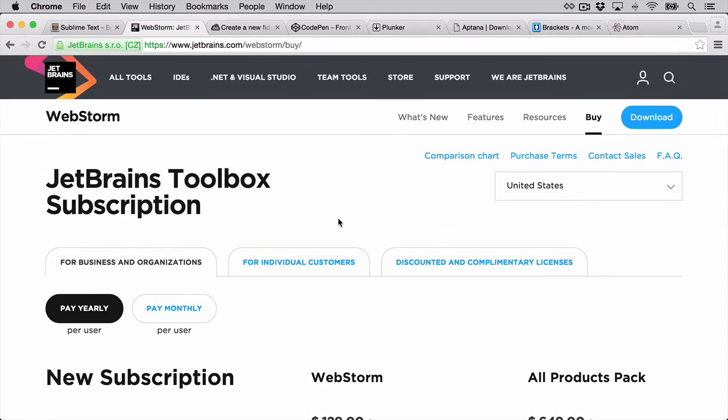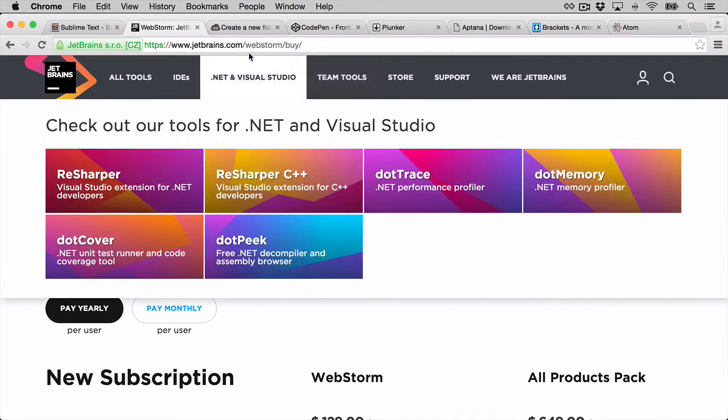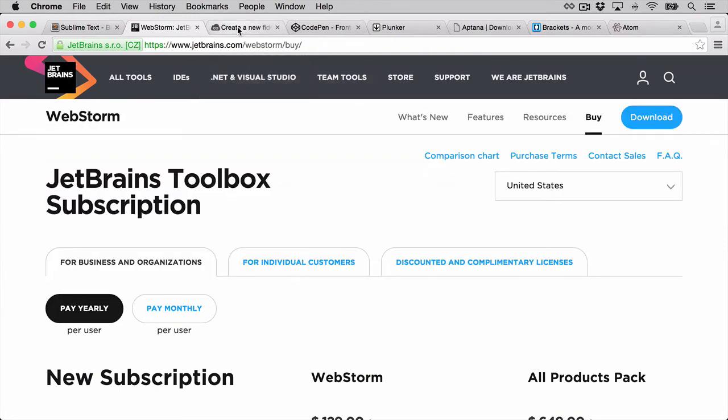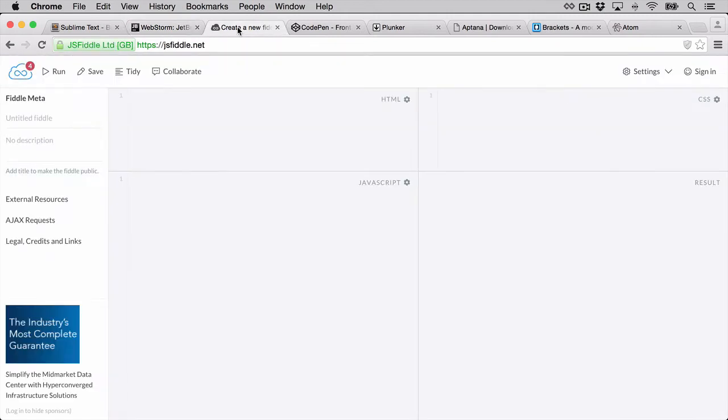If you don't own a computer yet, so let's say you're at school, you're barely studying, and let's say you cannot really afford to have your own computer, there are a few options that you can go ahead to get started. For example, if you're in web development like myself, JS Fiddle allows you to pretty much have an environment. All you need is a connection to the internet. Go to jsfiddle.net,